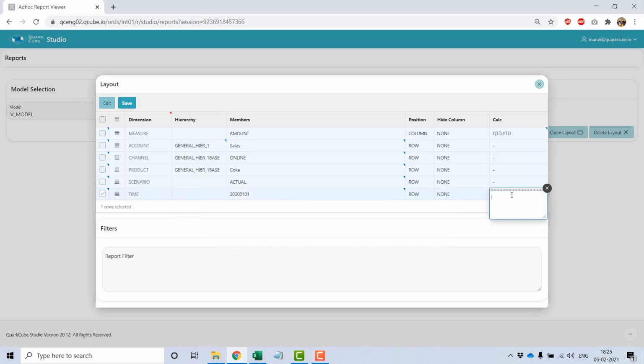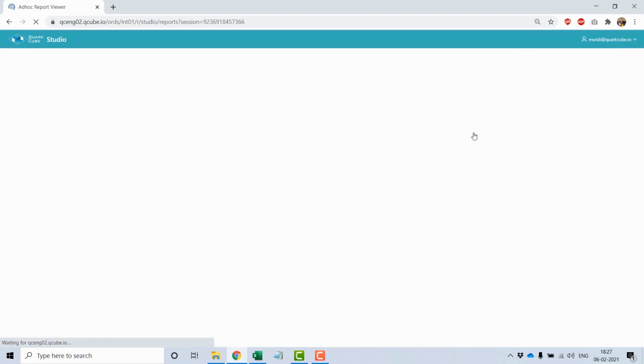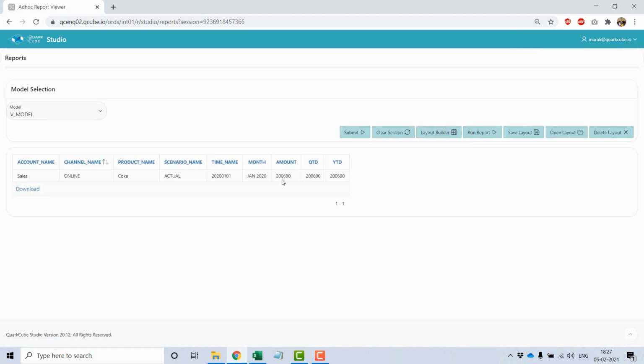2020-01-01, which is Jan. Let's hide all the IDs and save it. Save the layout and then run the report. Right. So now, because we are looking at the first hierarchy, we should be looking at the data that was input against the sales account, right, which is